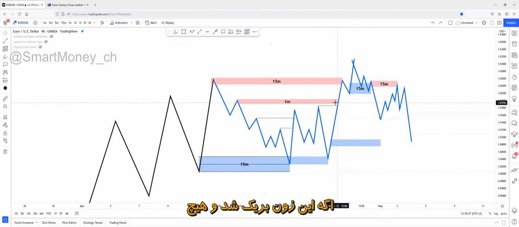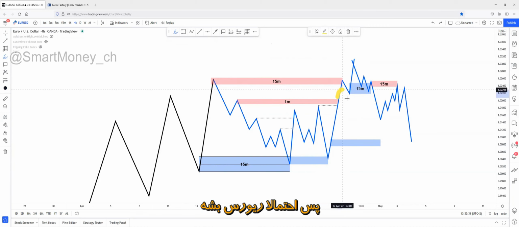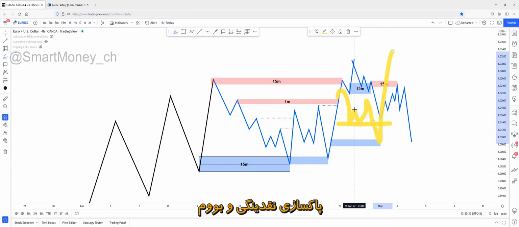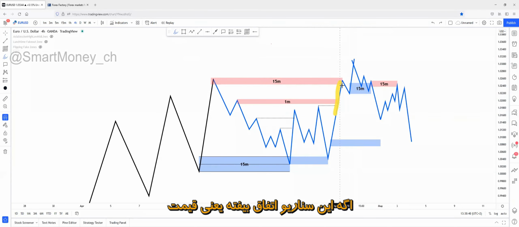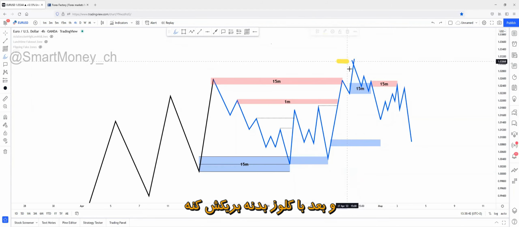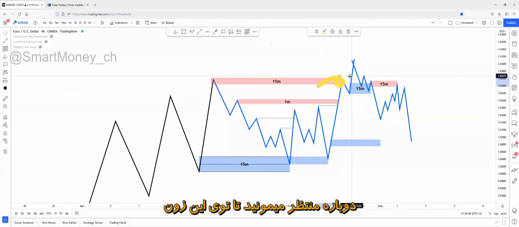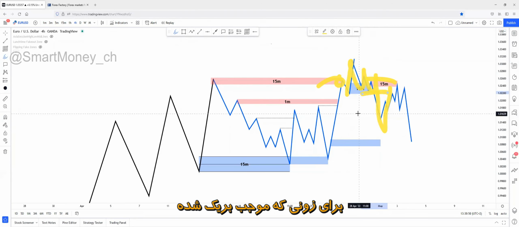If the break of this zone happens and no other zone mitigation happens above the zone, so it reverses here, then you wait for a liquidity, a good confirmation sweep, bam, it happens. If this scenario happens, so if the tap of this 15-minute zone happens and the break happens with body closure, you wait for a confirmation once again. If the break of this zone doesn't happen with body closure, you wait for a confirmation for the zone break. It's all about confirmation. If you truly understand this, you'll be unstoppable.